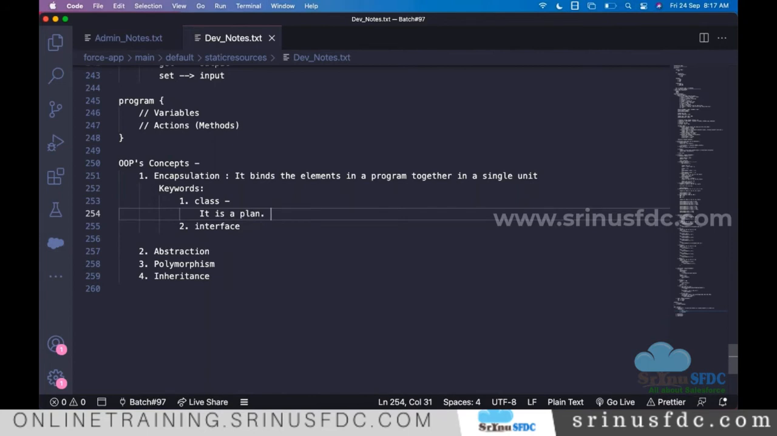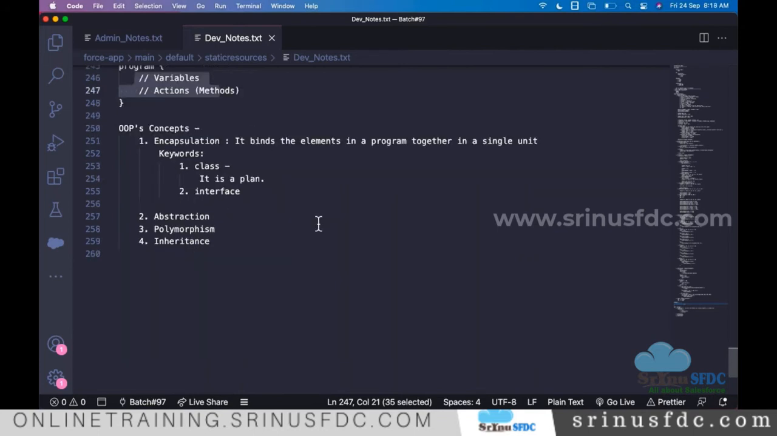When you create the object, only at that time the system allocates the memory for all the variables and everything, and by using the object, we can call the different actions. Once I create the program, you will understand. Okay, let me write a program. But before we write a program,